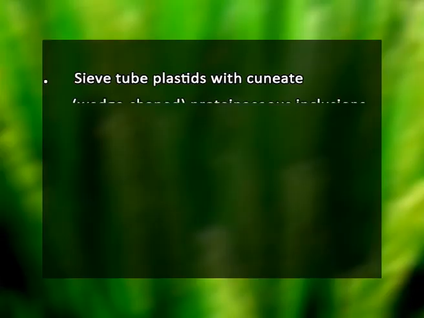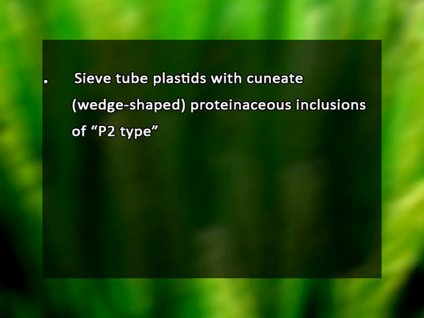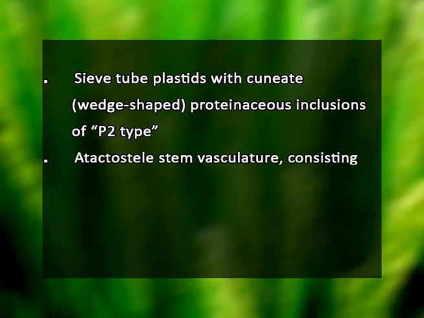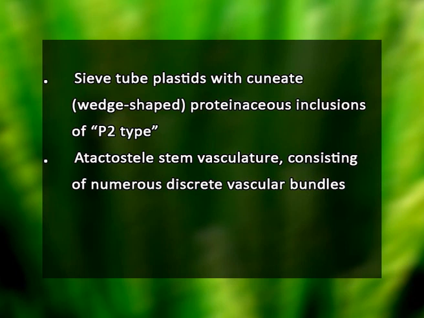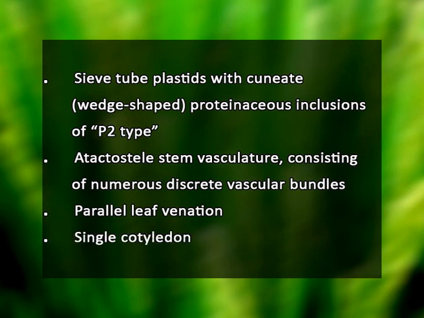All the members of the monocots are characterized by a few apomorphies. That means some features which are common to all the monocots. These may be, number 1, sieve tube plastids with cuneate, meaning wedge-shaped, proteinaceous inclusions of P2 type. Second apomorphy is atactostele stem vasculature. What is this atactostele stem vasculature? It consists of numerous discrete vascular bundles. Third apomorphy is the parallel leaf venation, and the fourth one and the most obvious one is the presence of